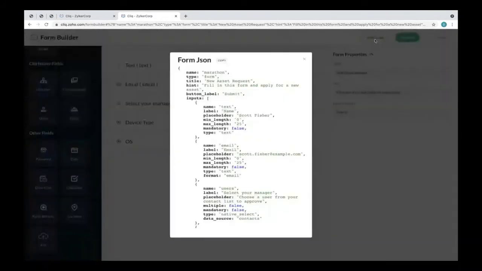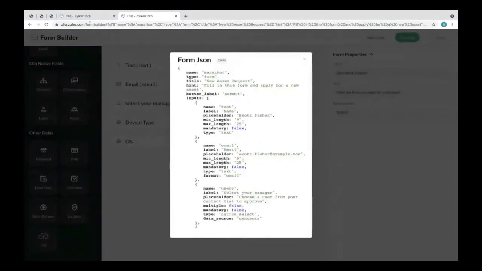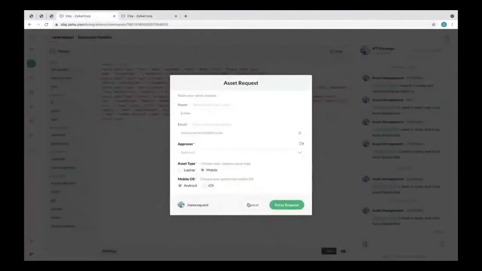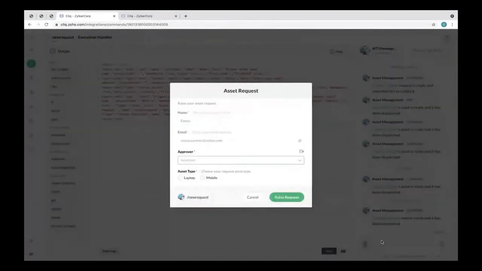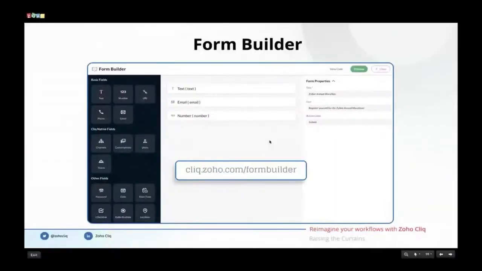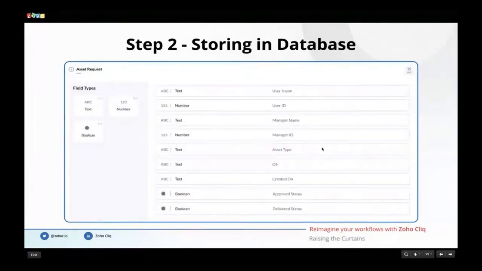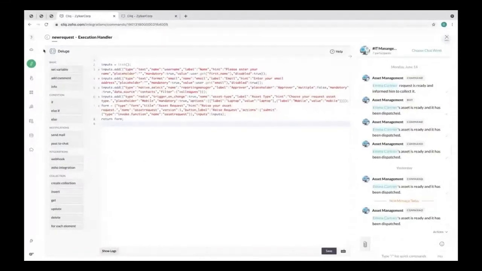And clicking on the view code will actually give you a JSON. This particular JSON is used to render the form inside Qlik. So the code here you see is framing that particular JSON and returning it from this particular handler. So upon executing this particular / command, I'll be able to see the form. So once the particular form is built and when the user executes the / command, the form is going to show. And upon submitting the form, we have to store that particular information in our database. So database is the next component which we are going to see in this particular demo.